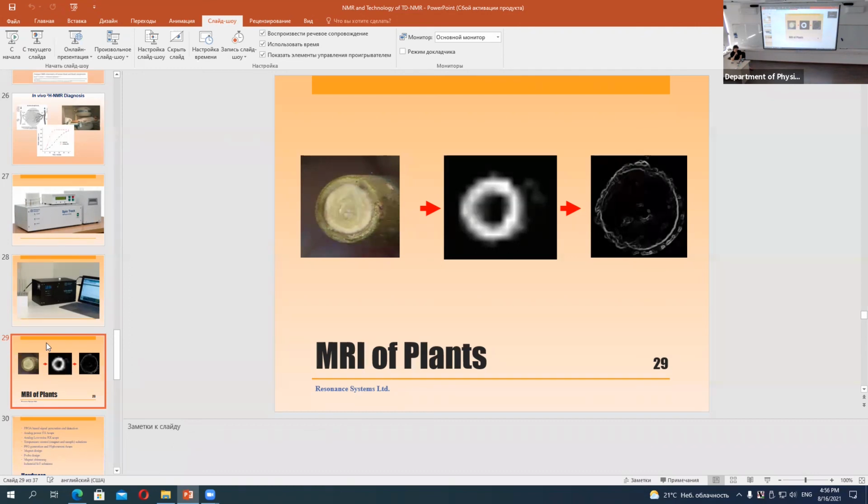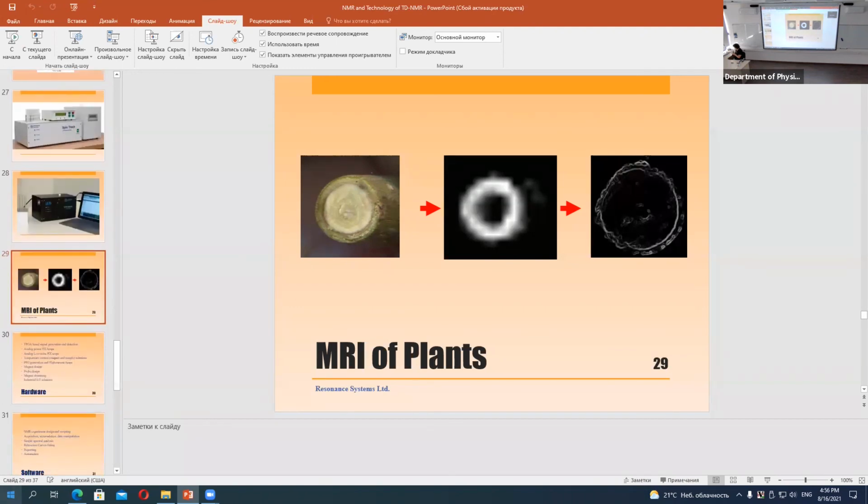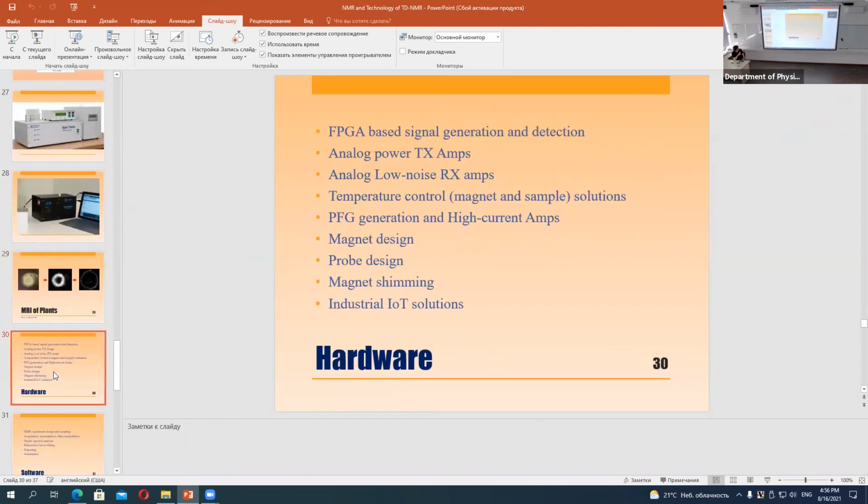So maybe I have a question. Can you please go to the slide with hardware and software? My question is, what are you doing in your company in hardware, software? We are doing all this stuff. By yourselves? Of course. And I don't mention here the NMR application. This is also what we do. And you have 12 people, right? We have 12 people in all. Some of them do NMR, some of them do accounting and bureaucratic work. They're mostly Germans. And all Russian people are doing all these developments.